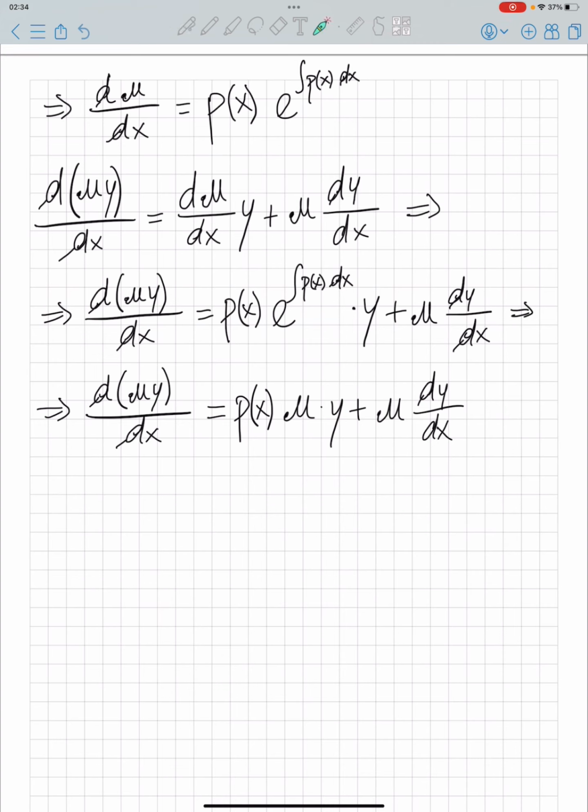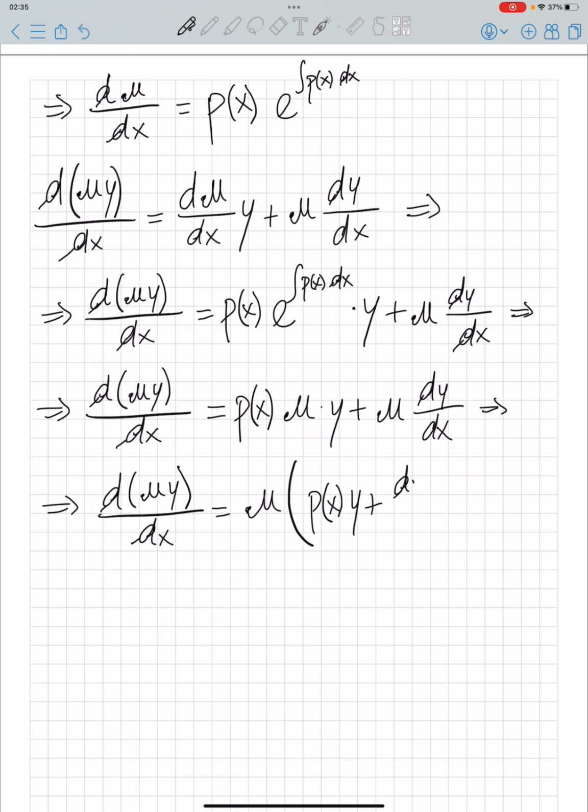So we can see that here there is a factor mu, here there is a factor mu. We can factorize it, yeah? So this implies d mu y dx is equal to mu times, we're gonna be left with p of xy plus dy dx,